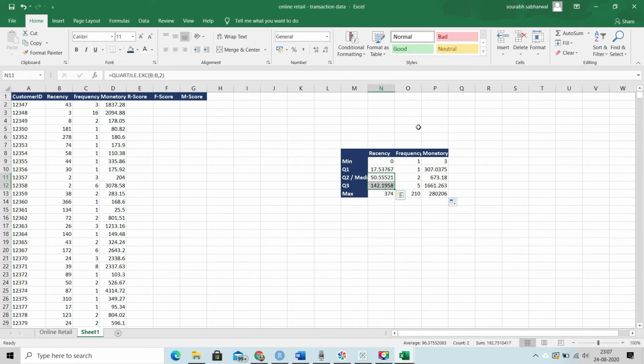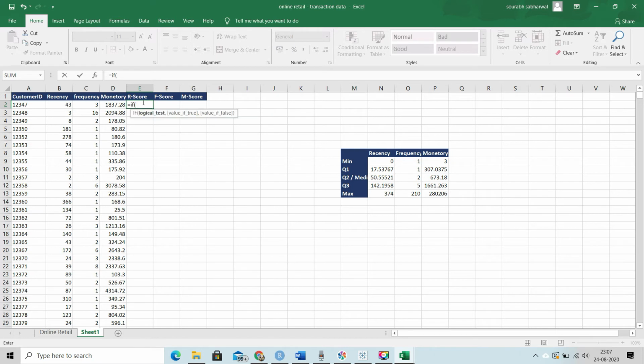So let's give scores. A person who has recently visited, those kinds of customers will be scored the highest. So let's divide into 4 scores, 1, 2, 3, 4, and the highest score would be 4. So if recency is less than the quartile 1 value, let's give 4 to that customer.